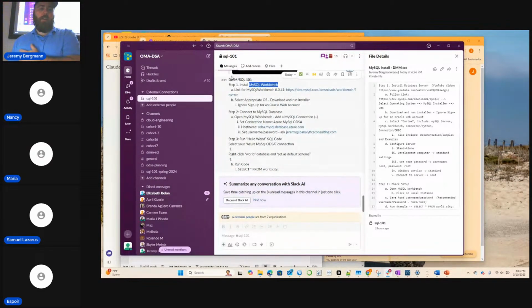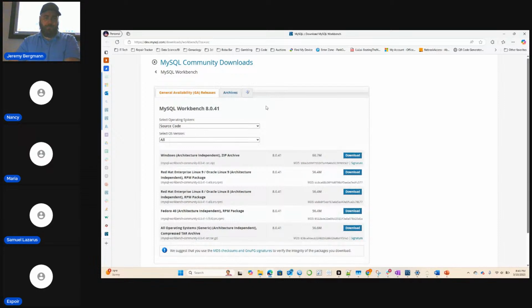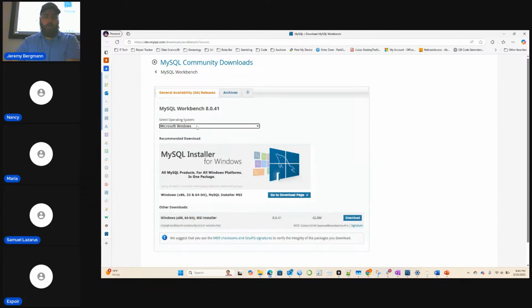So these instructions here say DMM/SQL101. You can click on MySQL Workbench and select your operating system: Windows, Linux, or Mac OS. I'm a creature of Windows myself.